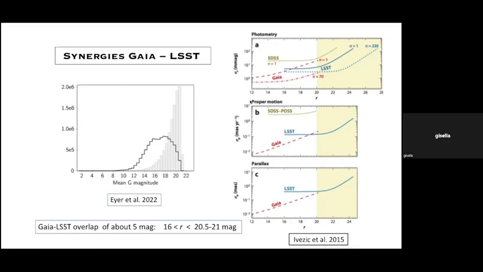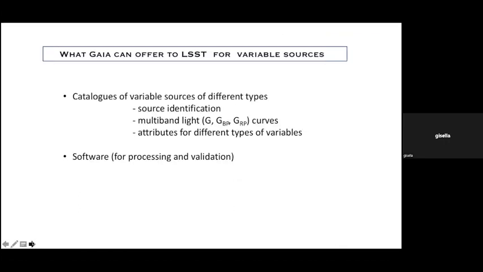With this in mind, now we see what we can do, basically, what Gaia can offer to LSST. The first thing is catalogs of variable sources of different types, so source identification, multi-band light curves, in some cases also radial velocity curves, and attributes for different types of variables. Catalogs that can be used as training catalogs to train machine learning